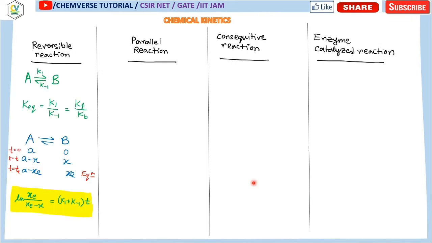Okay, now over here, I am going to discuss the 4 kinds of reactions. First one is a reversible reaction. Now I am just assuming that both sides are first order reactions. So this k1 and k inverse, these rate constants have the unit second inverse, so these are first order rate constants. For a reversible reaction, when both sides are available, there will be a possibility to reach equilibrium. The equilibrium constant will be something like this, which is k forward by k backward.